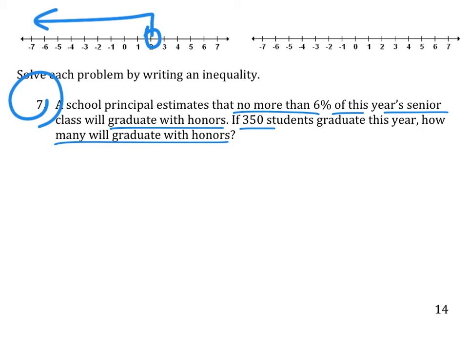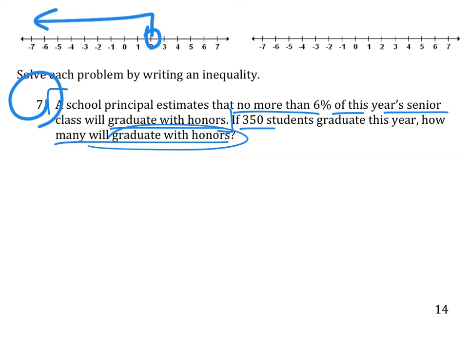But the sentence that we need to translate is here, because that tells us how many people will graduate with honors, which is what we're solving for. And then the first sentence tells us these are the people graduating with honors. Sometimes you want to go back and look for key phrases that repeat. So kind of like that, graduate with honors. Oh, it came up again in the first sentence. Okay, so